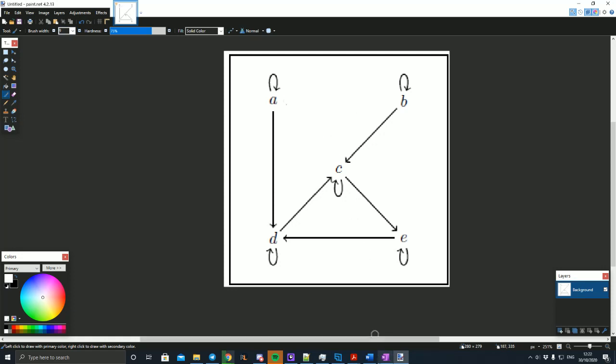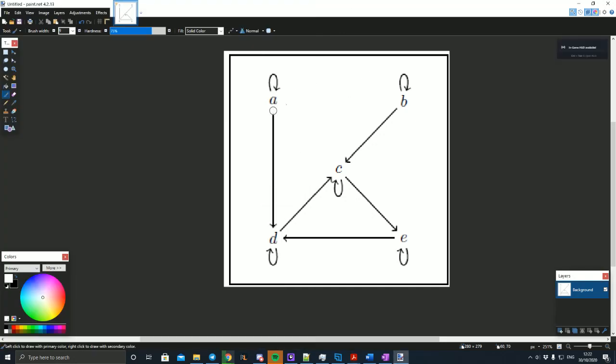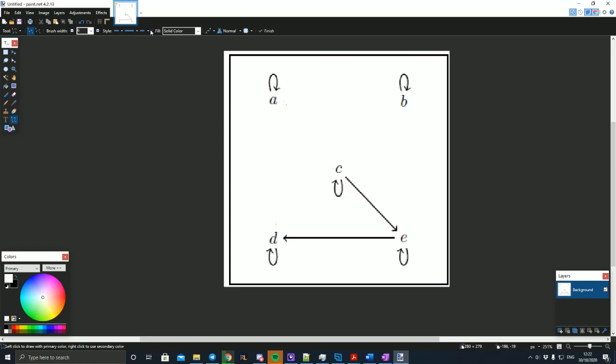True. Okay, so first we remove three relationships, namely the one between B and C, B and A, and D. Oh, four then: BC, BA, AD, DC. So that one, that's this one, and DC, this one. So this is how the map looks after removing all of those. And then we create arrows